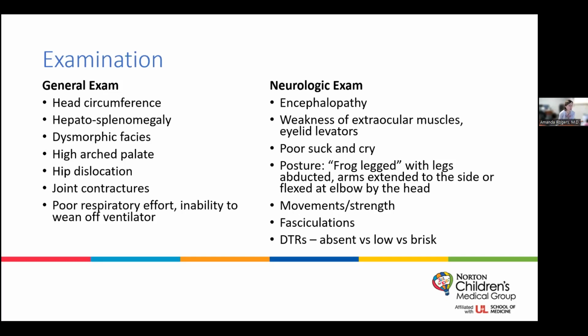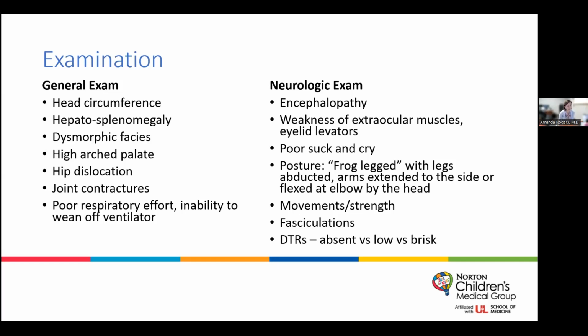Even though you obviously can't grade a baby on the MRC scale, you can pay attention to their proximal and distal movements and presence or absence of anti-gravity movements in the arms and legs. Fasciculations can be a sign of a neuromuscular disorder, and tendon reflexes can be helpful because for most neuromuscular disorders, they're going to be absent or low,